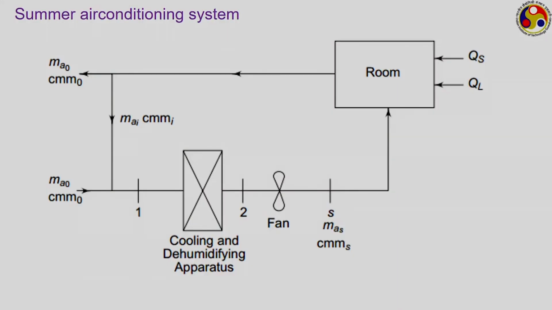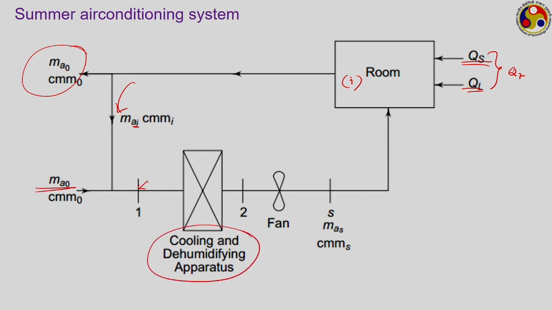So, this is the final diagram that we may have for a common summer air conditioning system. As the conditioned air goes to the room, it will pick up sensible heat and latent heat. So, it will pick up a total Qt amount of heat, then it is coming back, where I refers to the indoor condition, with condition AI. While coming back, only a fraction of that is allowed to go out like this, the remaining portion comes back and gets mixed with this fresh conditioned air to have this state point 1,